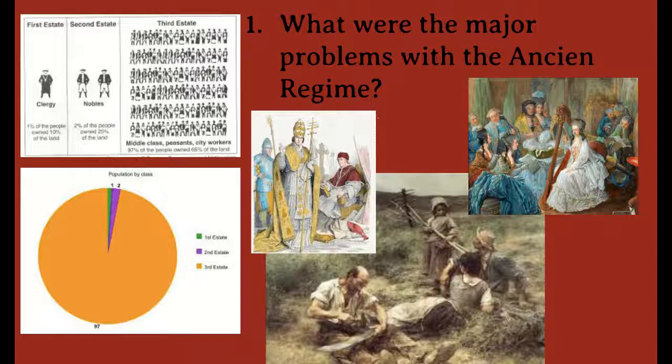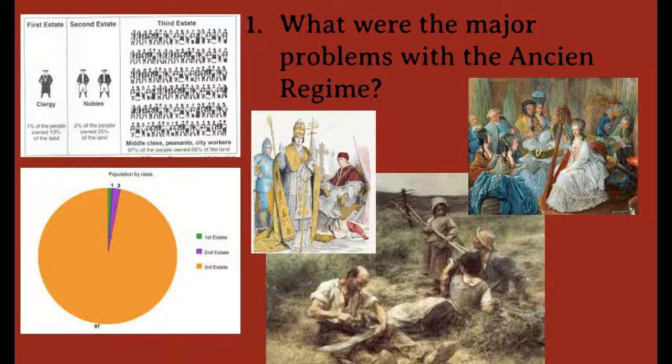Your position in each of these estates determined your status in France. The second estate, nobles, had certain privileges, things like taxation that they were exempt from, and also, in a very real practical sense, they were above the law in many cases. In their local districts, they were pretty much able to determine the laws for themselves.